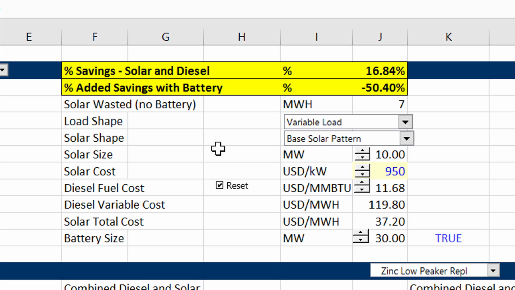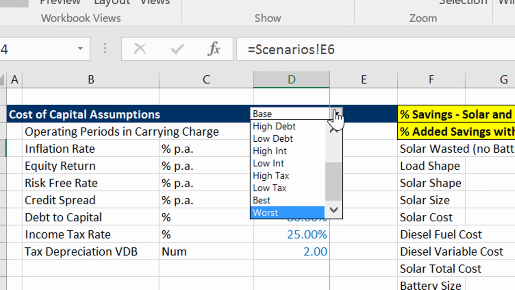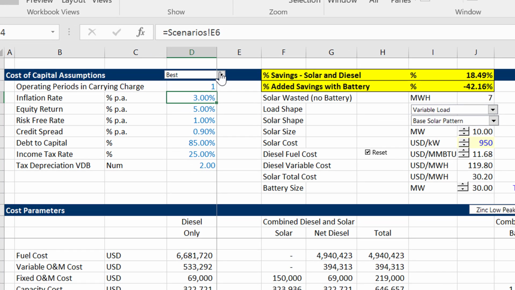Okay, so this shows you that solar is affected by the cost of diesel. Now, the other thing that's dramatically affected is the cost of capital and the carrying charge rates. In this best case, we assume 85% leverage, only 5% equity return, and an inflation rate of 3%. So in real terms you're only making 2% on the equity, which is not very good, and then a low risk-free rate and a low credit spread and everything else being really positive, and then you get